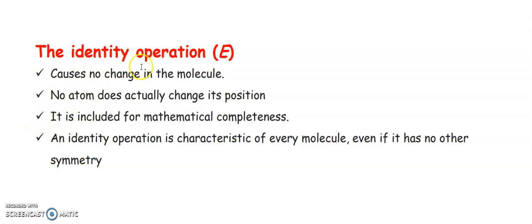This is the last, the identity operation. It causes no change in the molecule. No atom actually changes its position. It is included for